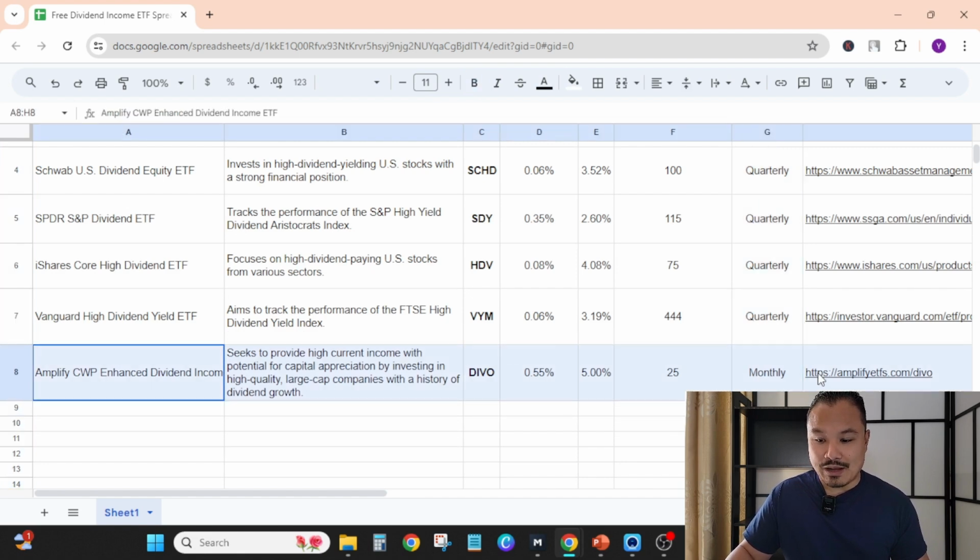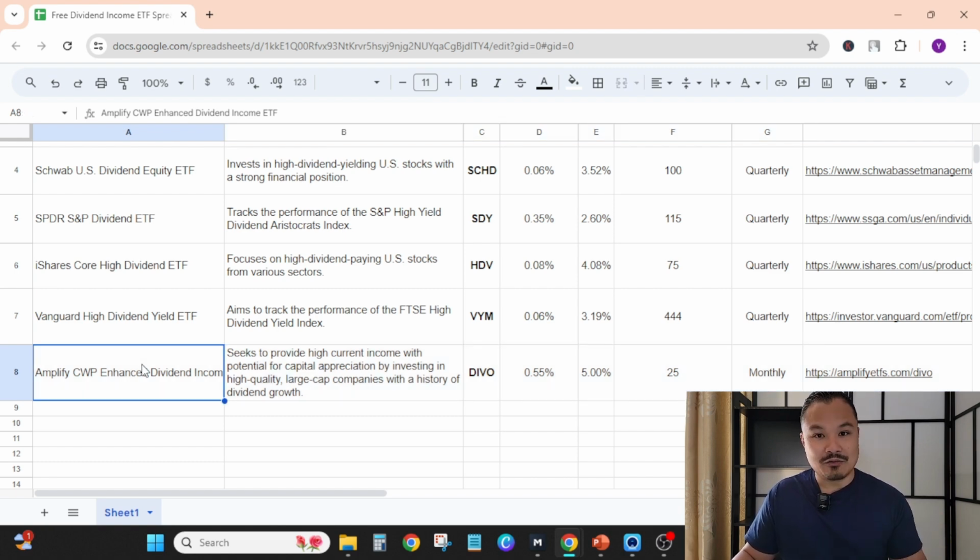This one's a very popular one. I don't invest in it personally, but it's the Amplify Enhanced Dividend Income ETF, and they offer a 5% yield. They only hold 25 holdings. The ticker is DIVO. Now, there are a lot of dividend income investors that have invested into this. It's done relatively well, but I just have not, because I don't like